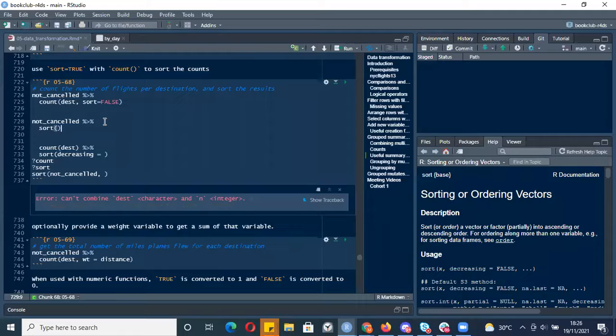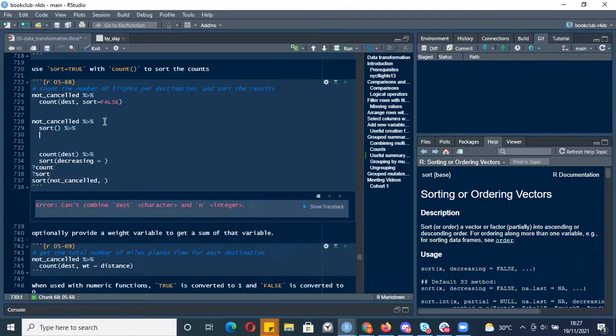Then I pipe count also, right? Probably, I would think so. Maybe sort and then a pipe. Okay, then count. But shouldn't sort take no arguments, since it's a function? Okay, let me just run this and see, because will count now take the argument not cancelled? Should count then take the argument destination, or should none of the new functions take destination as an argument? I think one of them should take destination. So maybe it's the sort